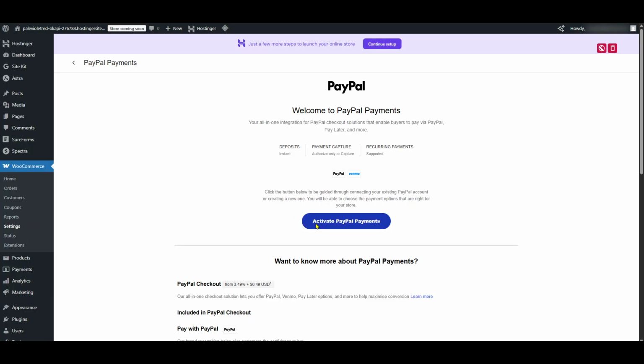And there you have it. Your WooCommerce store now accepts PayPal. This gives your customers a seamless checkout experience and leverages the trust and security that comes with using PayPal. Remember, once you enable this payment option, always perform a test transaction to confirm everything is working as expected. This ensures your customers have a smooth and hassle-free experience.